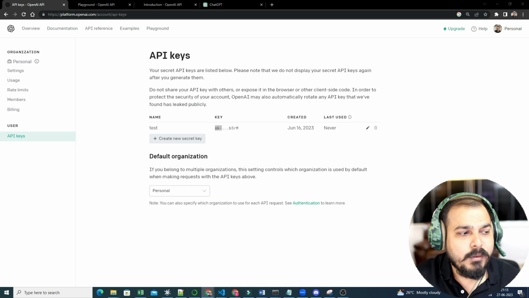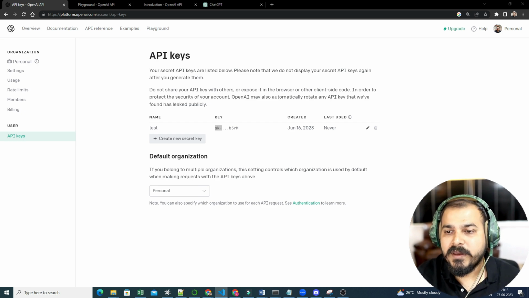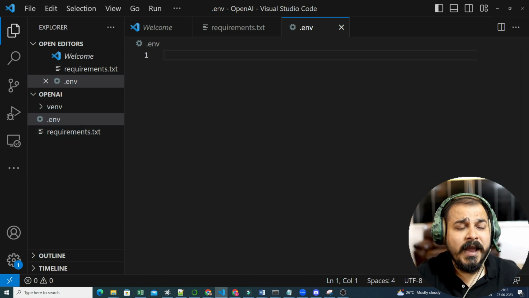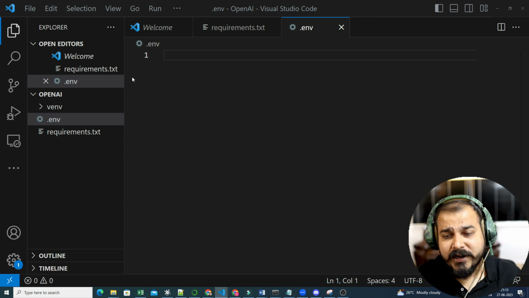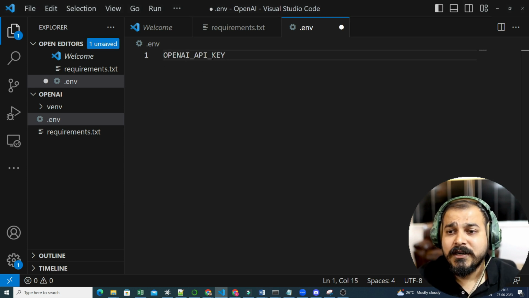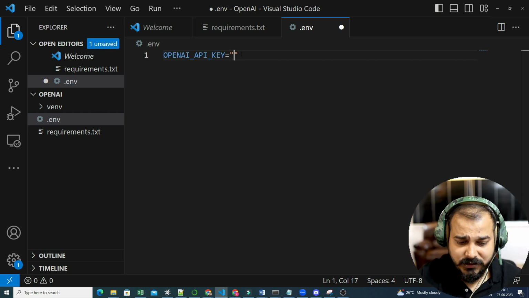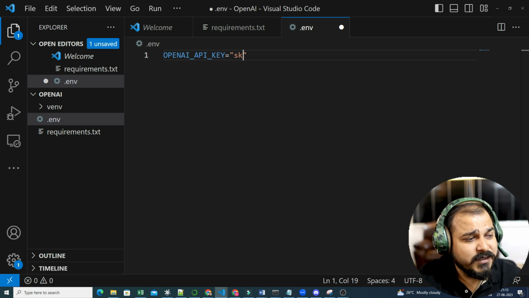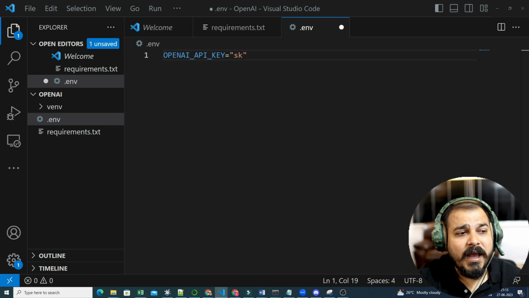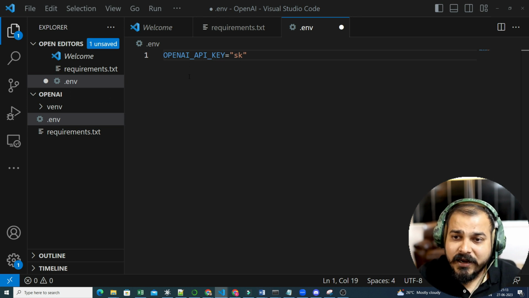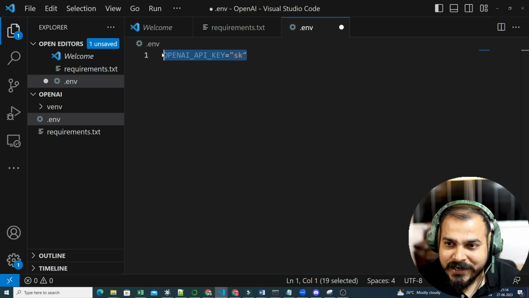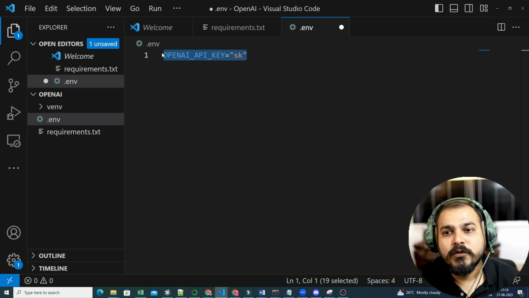So where you're going to keep this OpenAI API key, what I will do is create this .env file. And the next thing I will do is create a key with this specific name, that is OPENAI_API_KEY, and I will write the key over here. Once I write this key, I will read this API key from the environment. That is what is required with respect to this OpenAI API key. Okay. Once you read this particular key from here, then only will you be able to use the OpenAI API